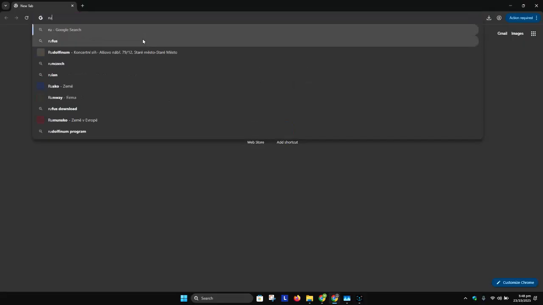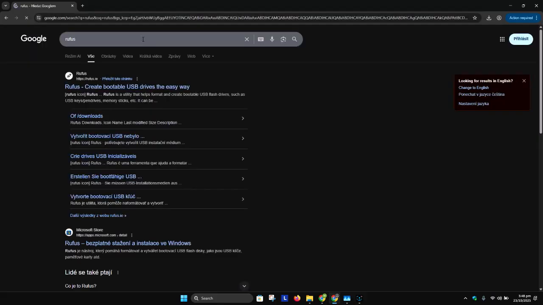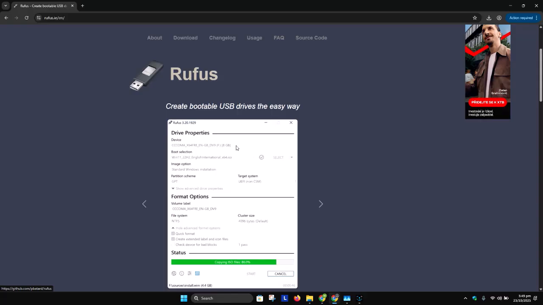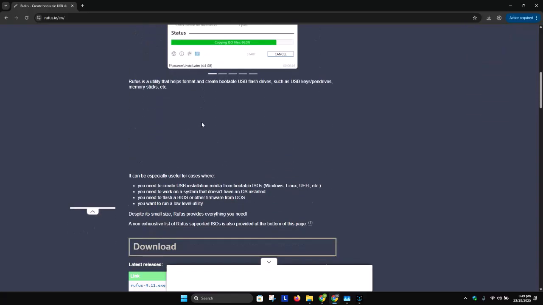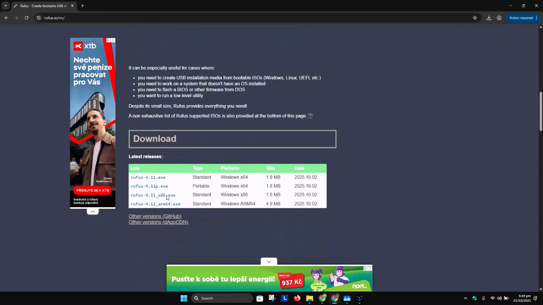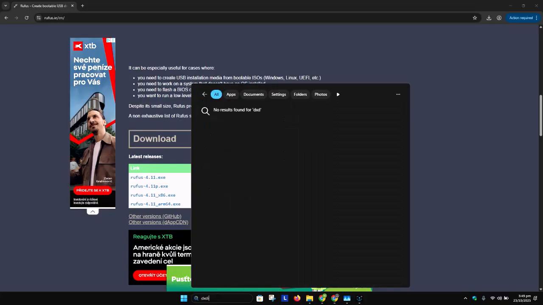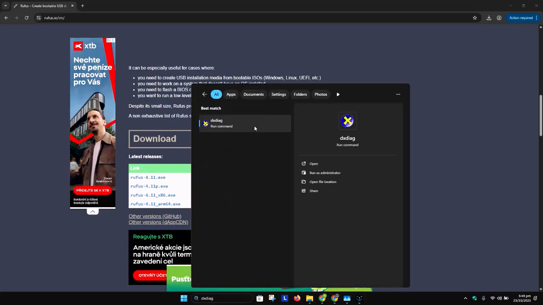We're going to download a little tool called Rufus. So type in your browser Rufus, you will see the official website. And here we have the software. So just locate .exe, Windows 64. If you are using an old version of Windows, then you might want to see if you have Windows x86 or Windows 64. In your computer, if you are a Windows user, just type dxdiag